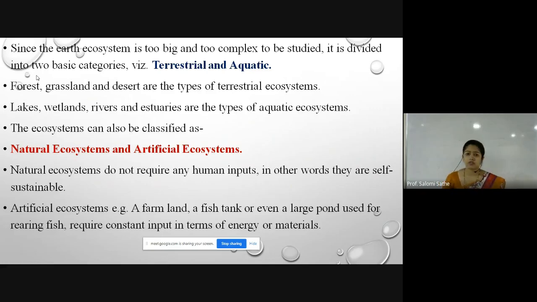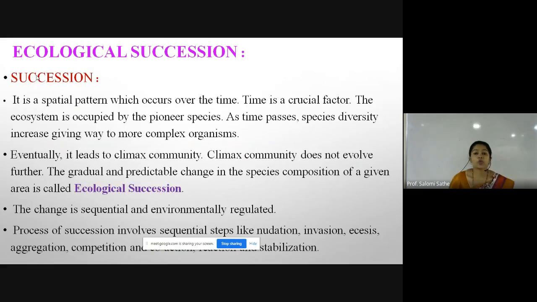In artificial ecosystems, the farmland and the fish tank are examples. Here they require the constant input of human interaction, and in this case the energy or material is most important. Okay, now let us go through the main topic of the syllabus which we are going to learn in this academic year,